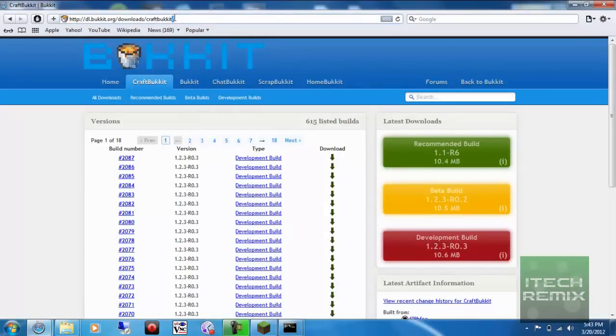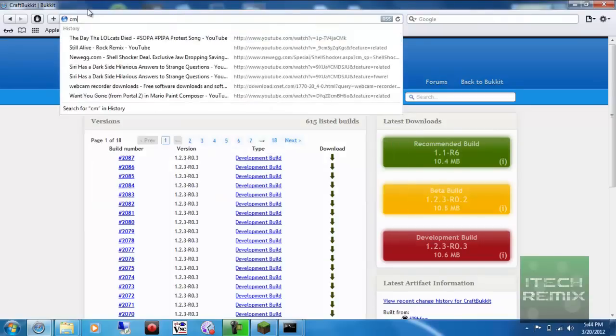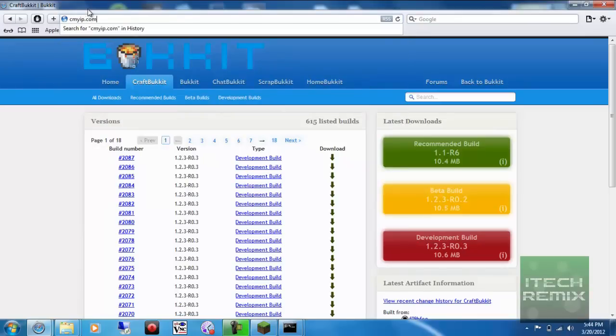For that, I'd recommend whitelisting. But the way we're going to do that is we are going to go to, I use the site cmyip.com, and this will show us our IP right here. And pretty much we're going to take this number, and they can either enter that, or you can use a